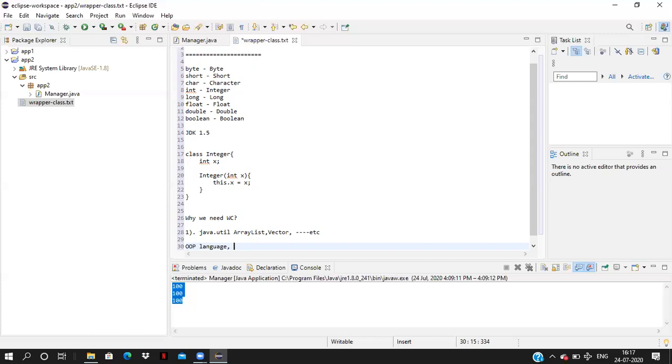Collection APIs means ArrayList, Vector, and all other classes in the java.util package.